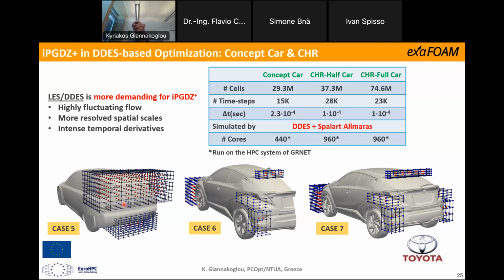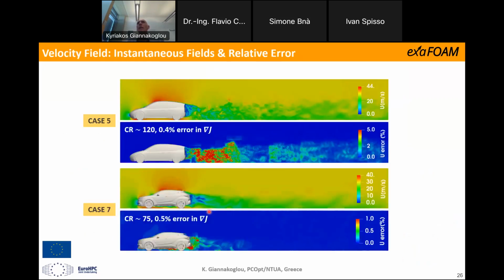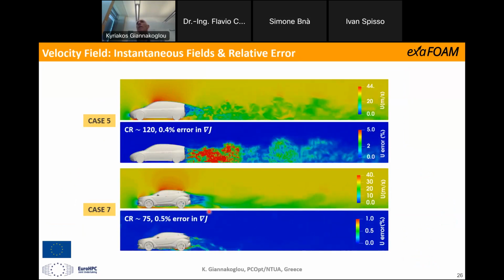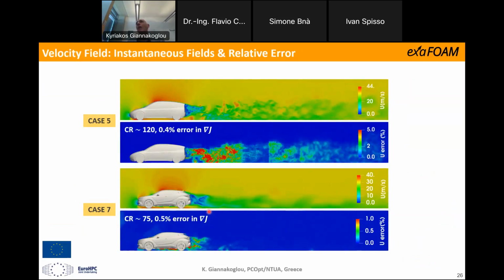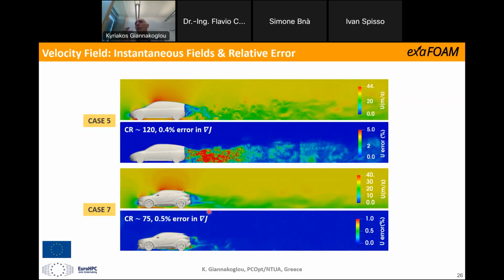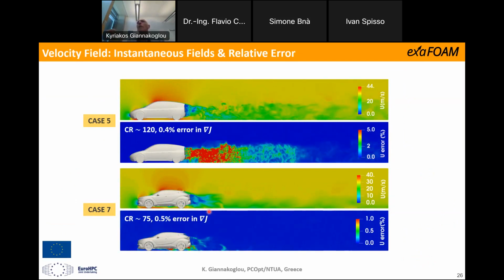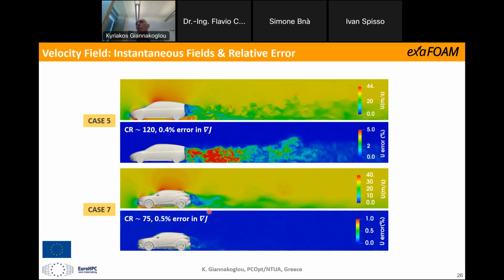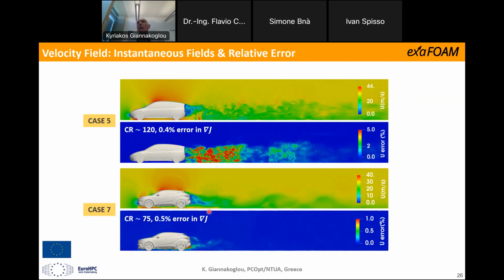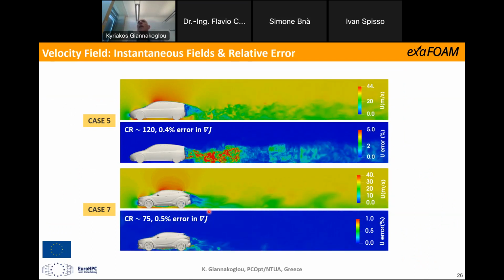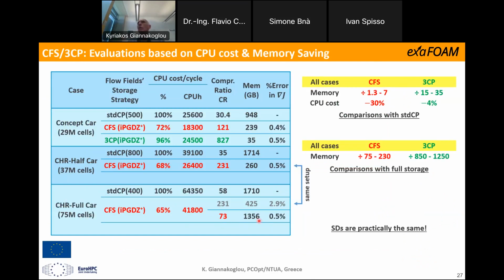And case 7 is the same car in full configuration. You also see the boxes, the parts of the cars that are optimized. Here you might see how much more challenging it is to compress this almost chaotic flow that is developed in the rear part of the vehicle. And we made all these computations, and to cut a long story short, I can directly